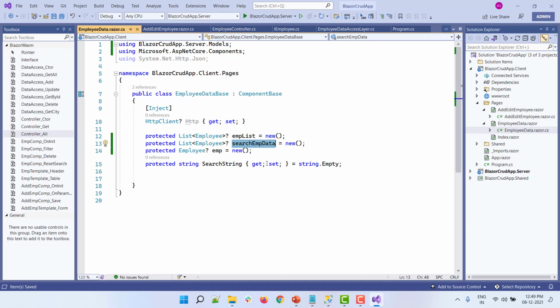We are going to provide the ability to do a client-side search, which means we have a table, and in the table we are going to do a search. And since we are doing a search, we don't want to lose the original data. Hence, we are storing the original data in the search employee data variable. That's why we have two variables.